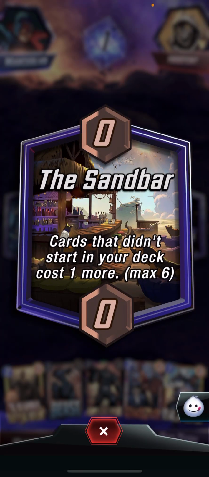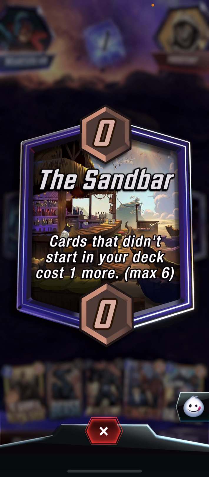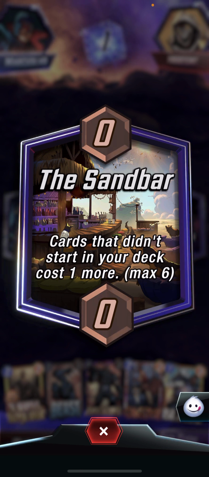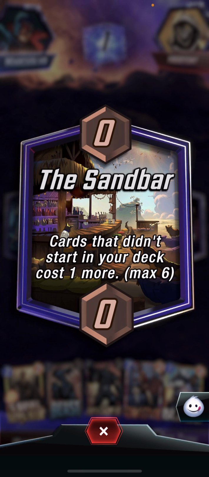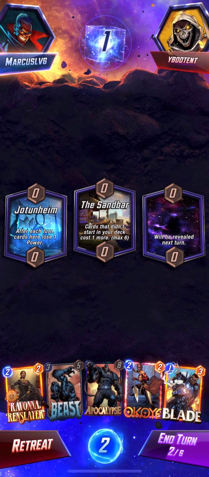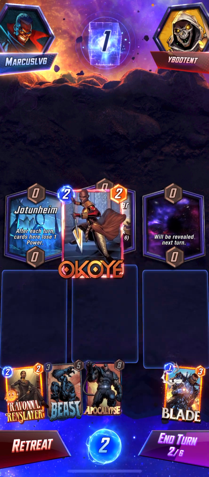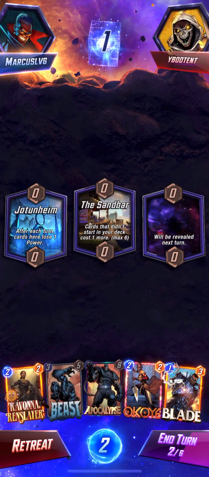So, the Sandbar. Cards that didn't start in your hand cost 1 more. Max 6. Ooh. Okay. So what I'm going to do to start...